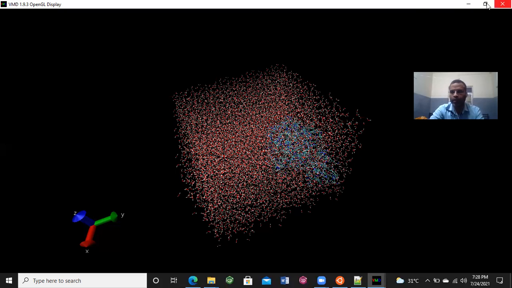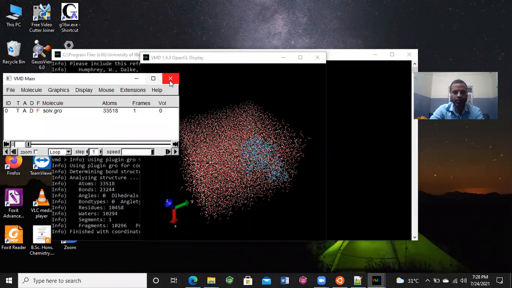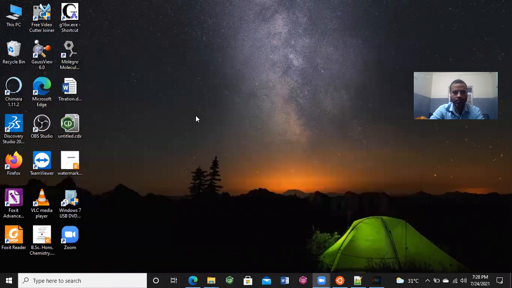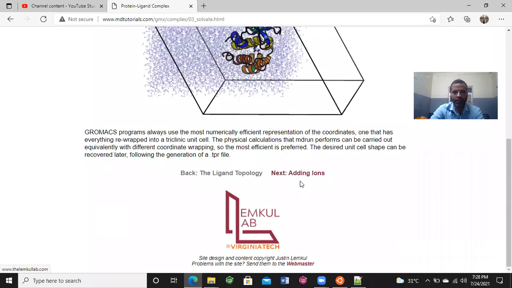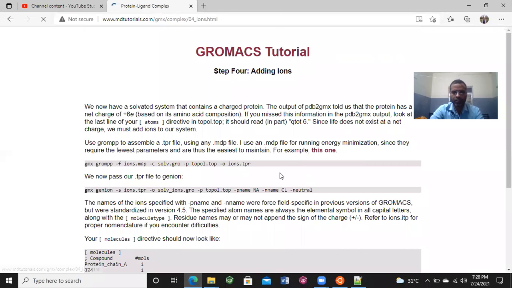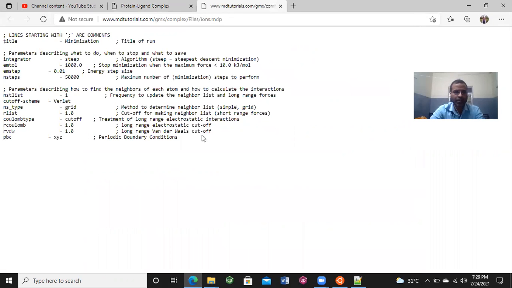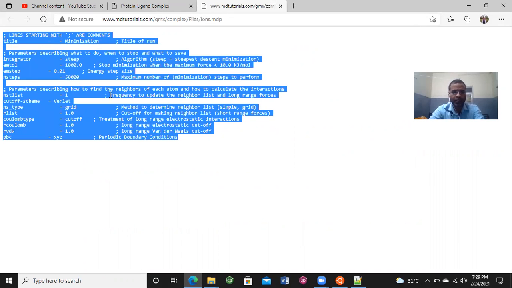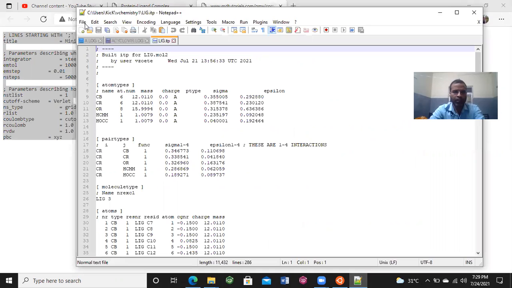Now we have to move to the next command, that is adding ions. Since I had two types of ions, sodium and chloride ions were added, and this can be done by using the ions.mdp file. Just click this and save this file, copy with Control and C, and open a text editor, take a new page,